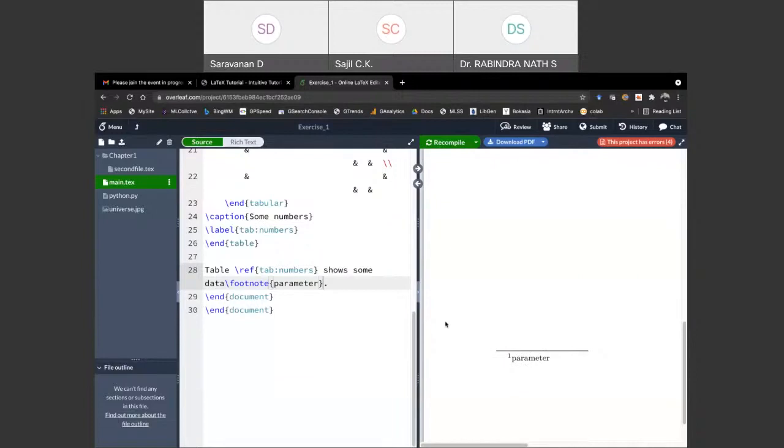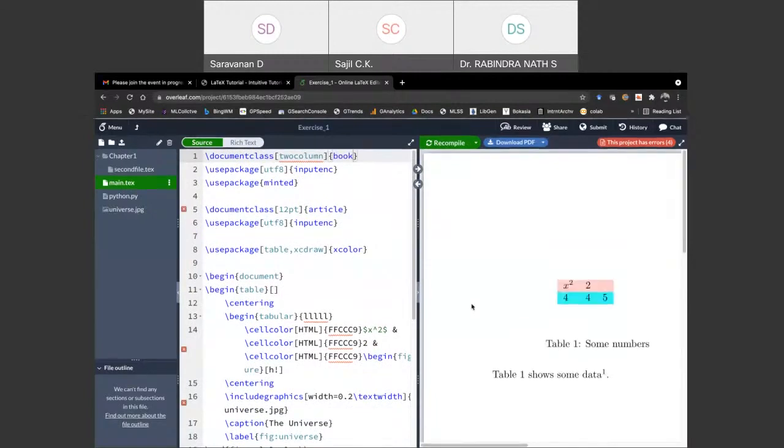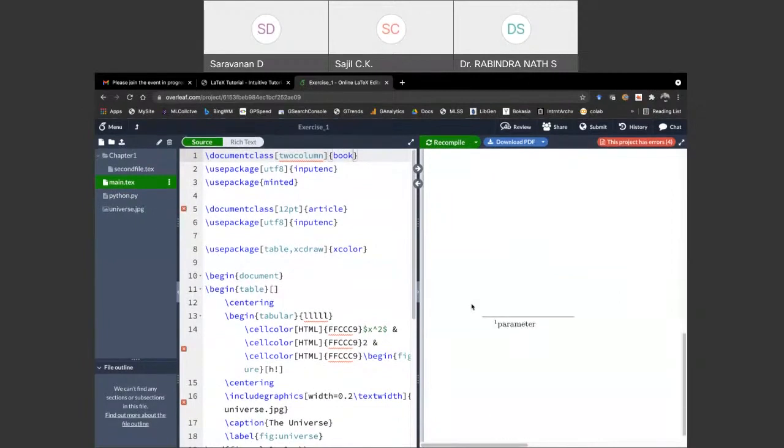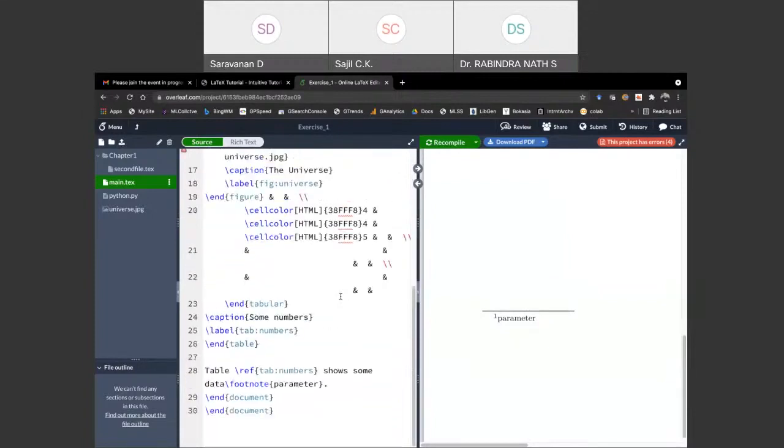Maybe trying with a different document class. No, it still appears as single column. Yeah, all these different combinations, there will be some definite options, but I cannot show you right away because I haven't tried that.